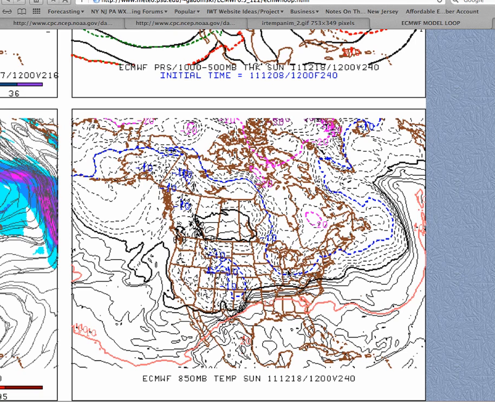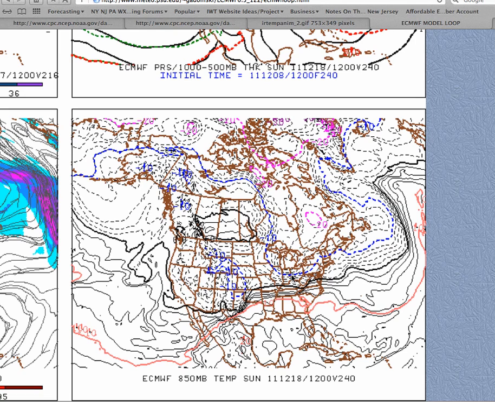And what this would result in would be a very impressive winter storm, not only for the northern mid-Atlantic, but even for portions of the southern mid-Atlantic. Most likely much of Virginia would end up being rain in this scenario, but it'd be a very heavy rain, and you would have a significant threat for ice over portions of the southern mid-Atlantic and even the northern mid-Atlantic.